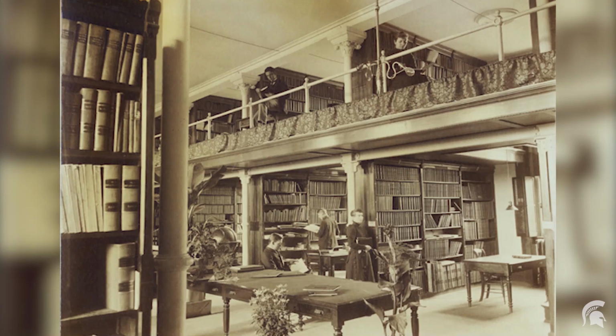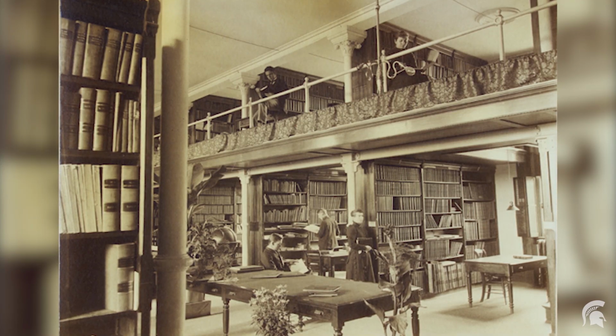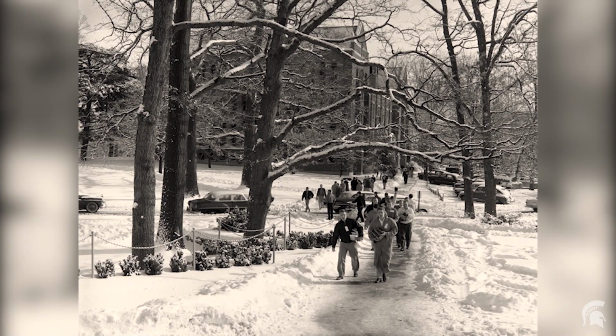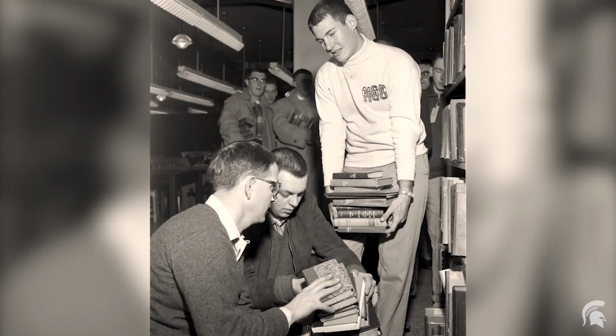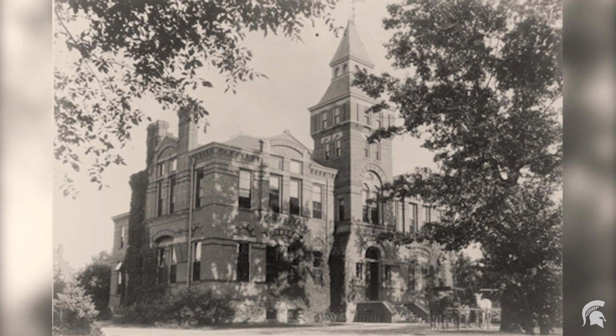The second floor of Linton Hall was also home to the General Museum, which held the college's natural history collections. In 1925, the museum collections moved to the current MSU Museum building. Both the collections and the library stayed in the museum building until 1955, when the current library was built. After the departure of the collections, Linton Hall was transformed into the administration building and then various administrative and departmental